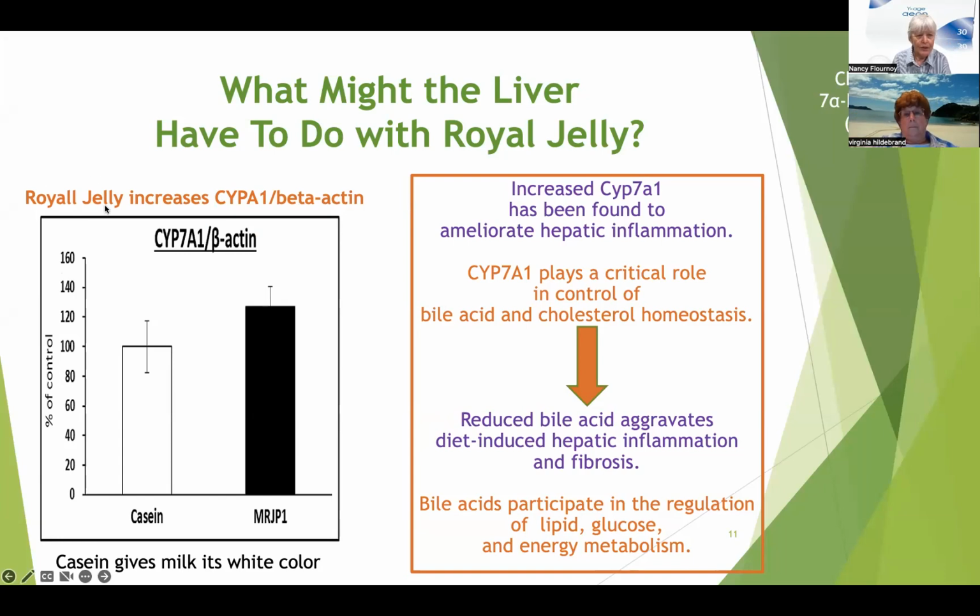What I found is that the royal jelly increases this thing with the long chemical name. It doesn't matter what it is at the moment, but you see this couple of histograms here. And on the y-axis, we have percent of control. So this is the change from the control with this substance. And on the right, you have the major royal jelly protein 1. So that's the queen bee protein. And then the next one over here is another protein, and it happens to be the protein that gives milk its white color. So it's also one involved with babies that might have a lot of generation and regeneration ability when they're born. And you can see that the casein